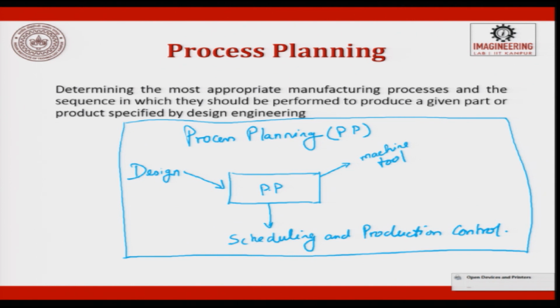Okay. So, a process plan is nothing but determining the most appropriate process. There are n number of ways of manufacturing a product. We look at the most appropriate manufacturing process and the sequence. See, when we are trying to make a product in a single process, for example, a water bottle which is blow molding, or a comb, which is injection molded plastic. If you look at a plastic spoon, again it is a single shot product. So, here with one process you get the product. But generally if you look at many products, there will be at least 5-6 parts, and these parts will be assembled to make a product.